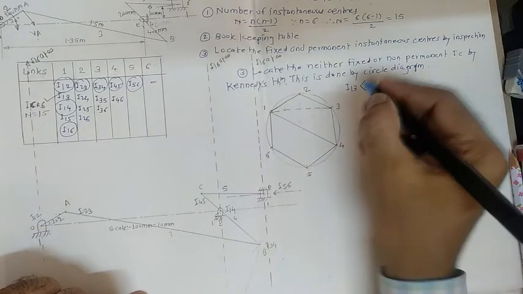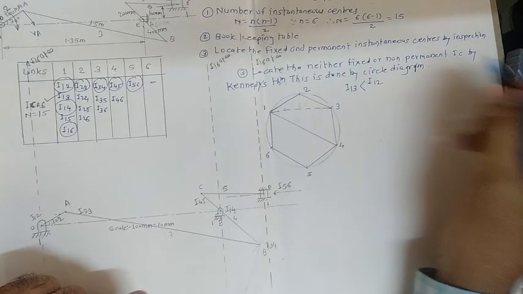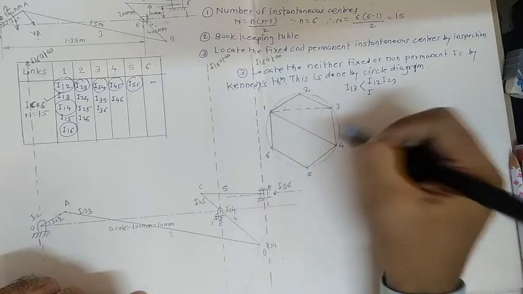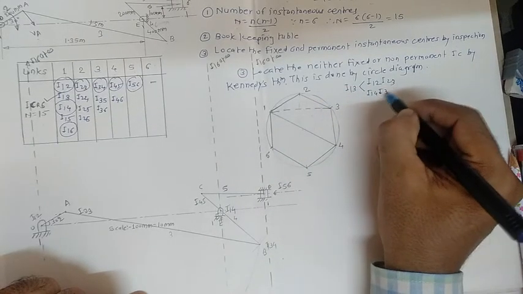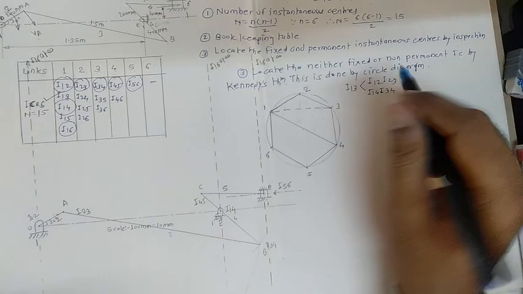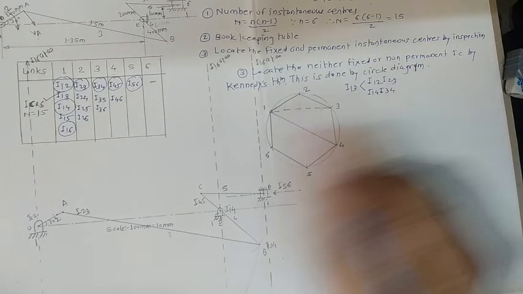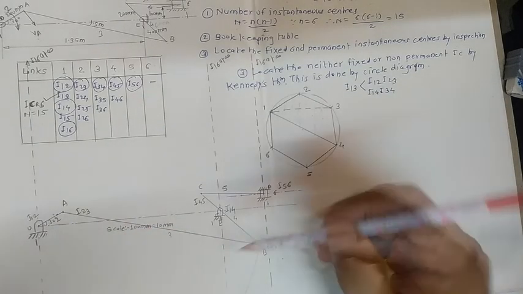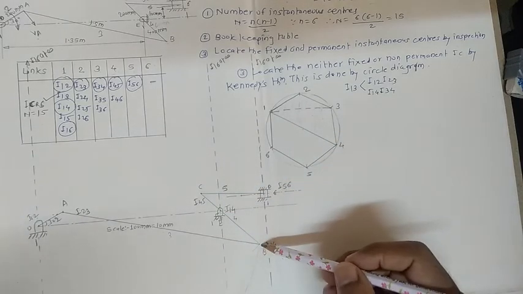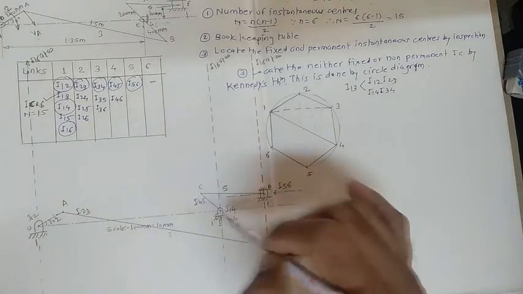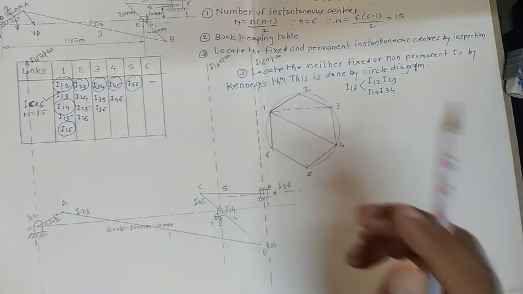So I13 is nothing but the intersection of I12, 2 3, and next I14 and 3 4. Okay, so just reflect that I13 point on the diagram. So I13 is the intersection of which points? Intersection of I12 2 3. So I12 is here, 2 3 is here. Next one, I14 is here and 3 4 is here. Means if I extend this line in this way, then the intersection of both lines will occur at this spot. So we can get the I13.